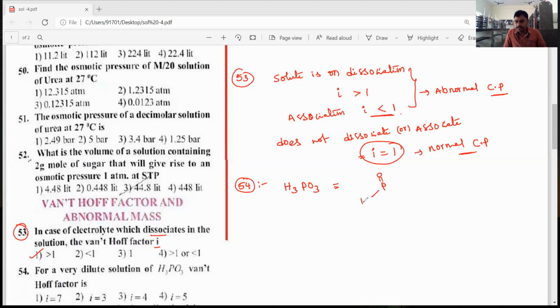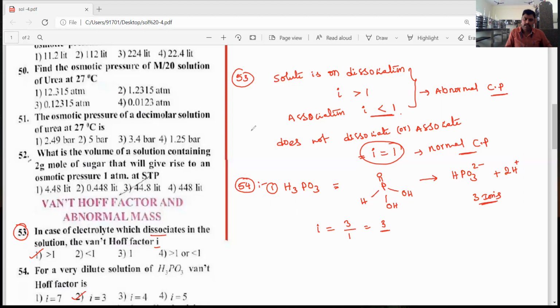Okay, so out of 3, 2 are only attached with oxygen atoms, so it will be ionized to give HPO3 2 minus plus 2H plus. So the total how many ions are present after dissociation, dear students? In aqueous solutions, a total of 1 plus 2, 3 ions are present. So its Van 't Hoff factor i is equal to the number of particles in solution, 3, and before the solution how many are present? 1. Means 3 by 1 is equal to 3. So its Van 't Hoff factor value is equal to 3.